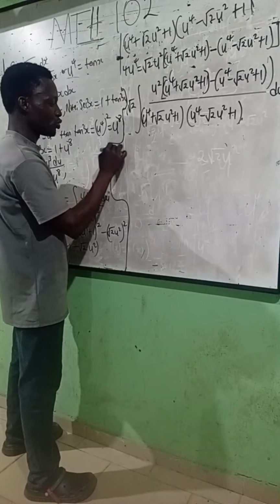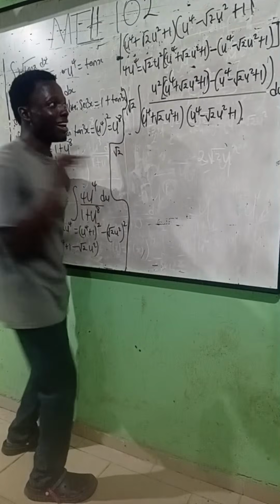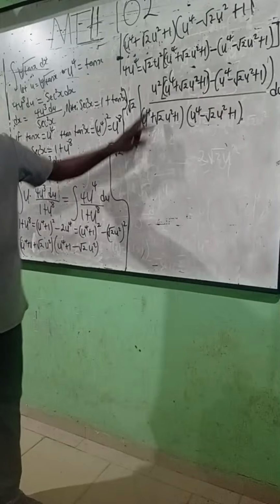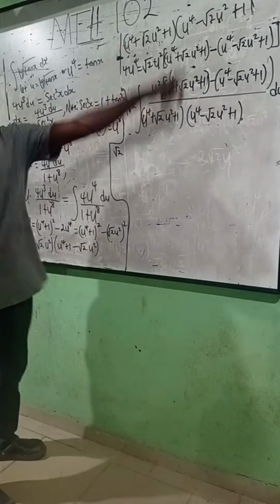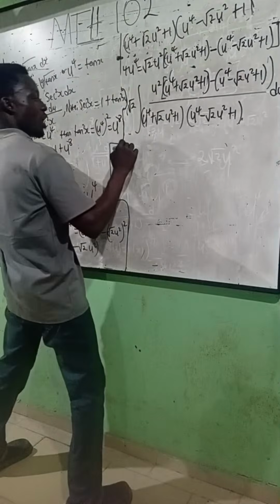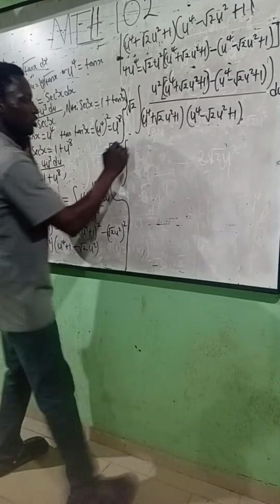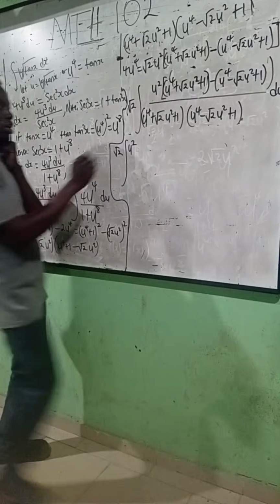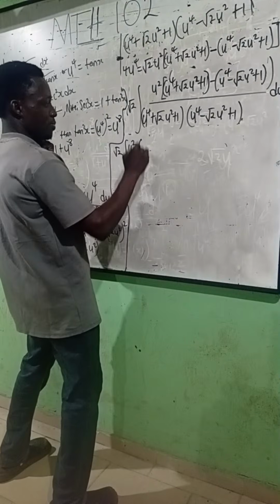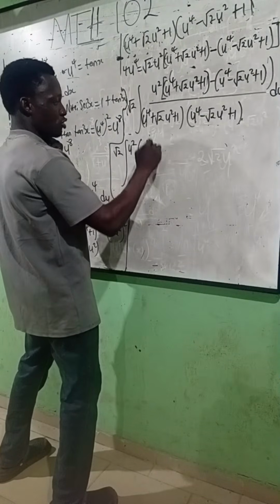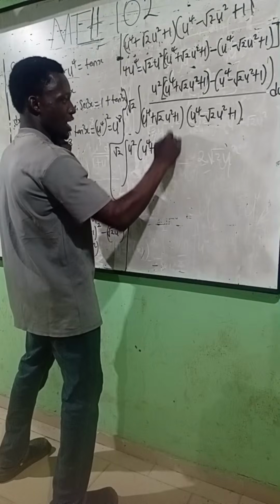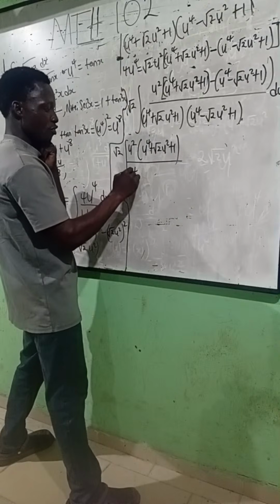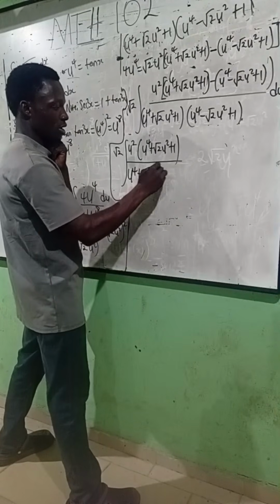So here we have root 2. Now let's split the denominator. So we have the integral of u square multiplied by u^4 plus root 2u square plus 1 over u^4 plus root 2u square plus 1,